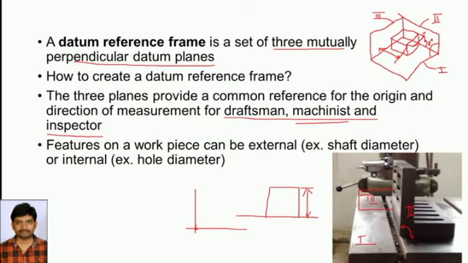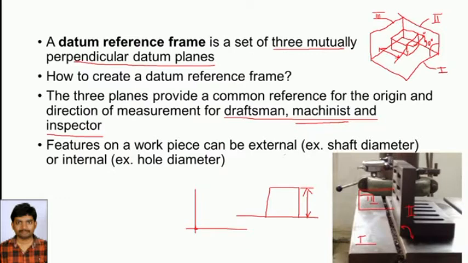Also during manufacturing in the machine shop, the operator will use the same reference point, and he will measure all the dimensions or give the cuts. Similarly, during inspection, the same reference frame is used by the inspector.